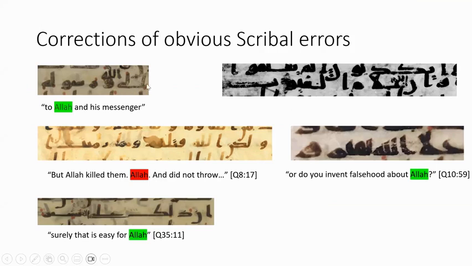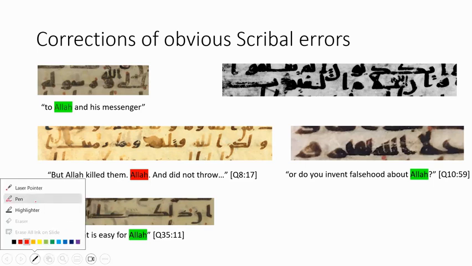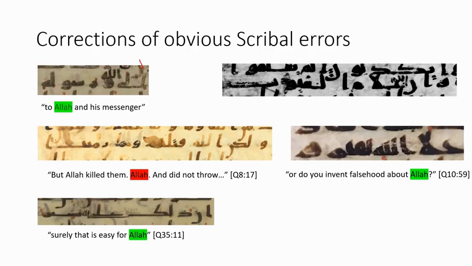And it doesn't. Ila wa rasuli. You don't need to be an expert in Arabic to know that it's only Allah that is here. And wa, which means and, is original text. What is the word to the right of Allah? I know you read it right to left. So this is ila. So that means to. This is an alif, then lam, then ya. That is ila. That is to.